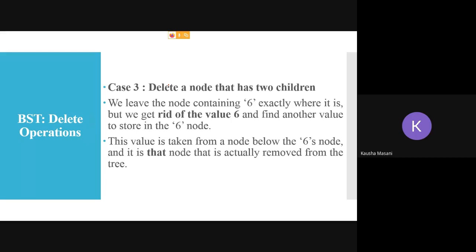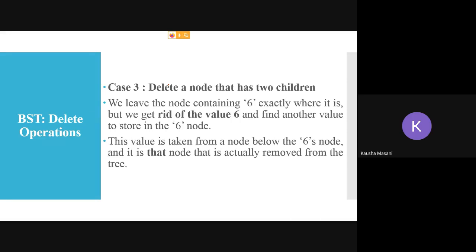You are just going to update its data. Point number 2: you can update with either the value selected from the right subtree or from the left subtree. The choice is yours, and according to that selection, you rebalance your tree.